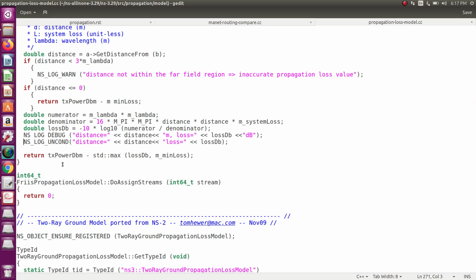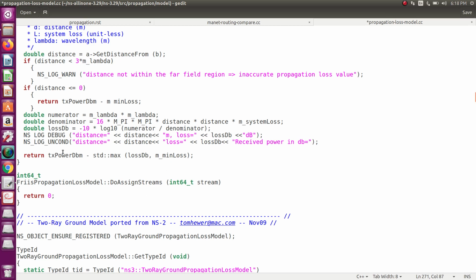For that purpose we are using ns log, so unconditionally we print the output values: distance, as well as path loss, and add one more factor also, received power in decibels, dB equal to.